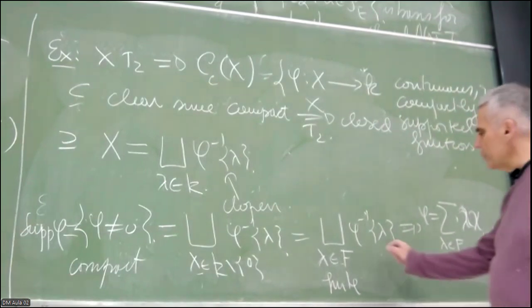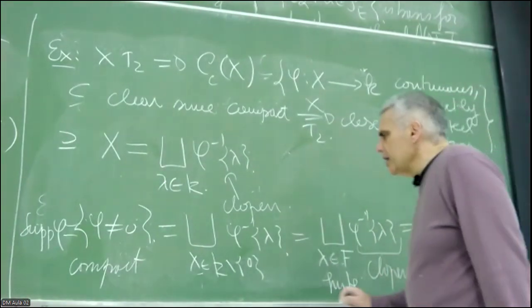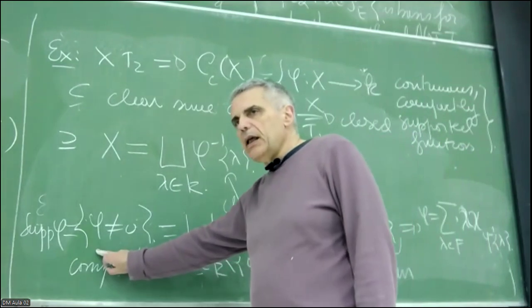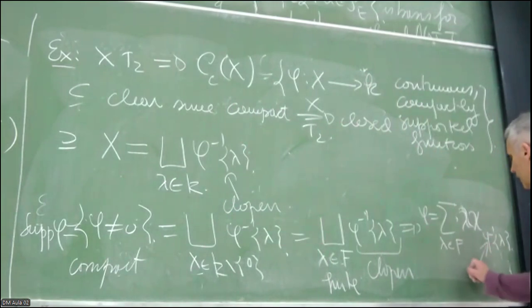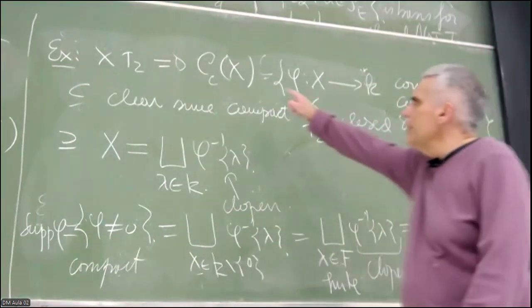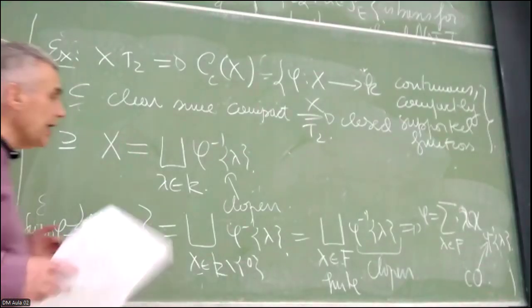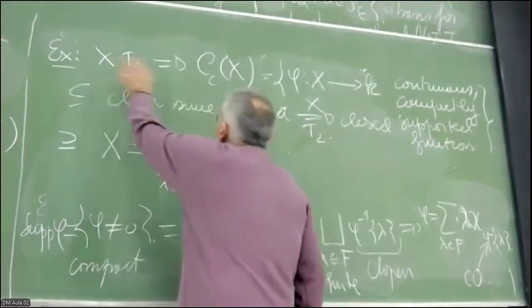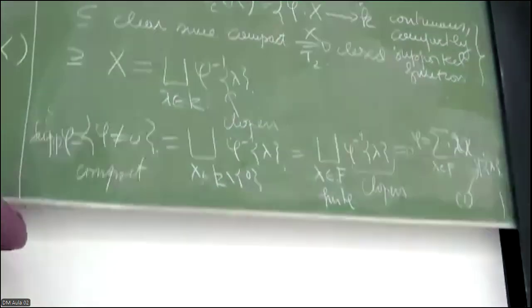And this set phi minus 1 lambda is clopen and sits inside the compact subset, so each of these is compact open. Therefore, it lives in here. Okay? So when the space X is Hausdorff, then this CC, as I defined it, coincides with